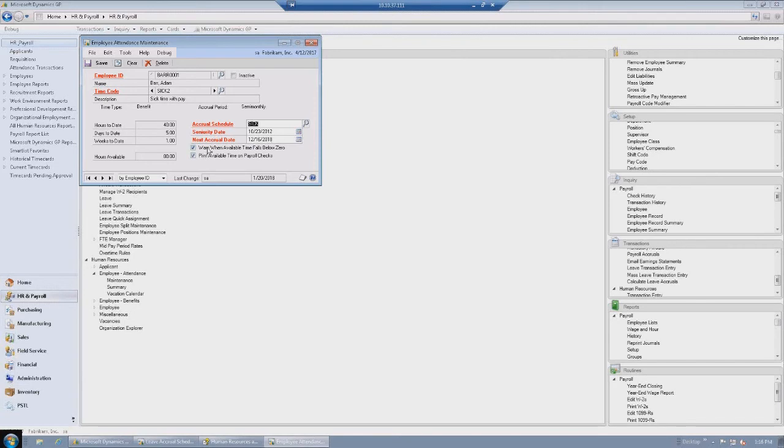You can also warn on all 4 of these leave policies or leave modules that we're going to look at today. You can warn when available time falls below 0 when you're entering transactions. Likewise, you can print the available time on payroll checks if you select that option. You do have some information about hours to date, hours available, basically on this particular window to look up